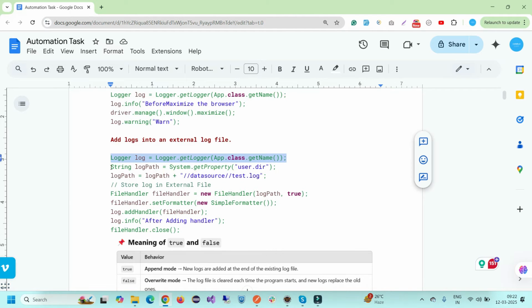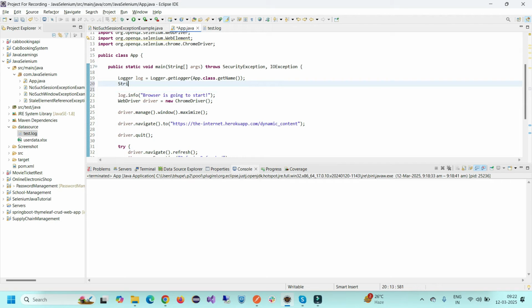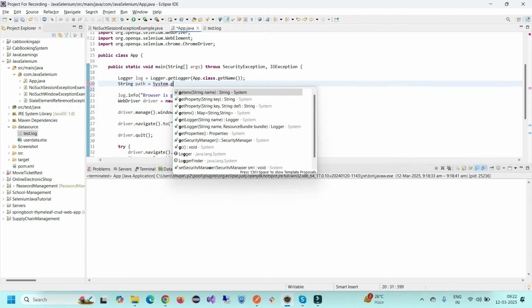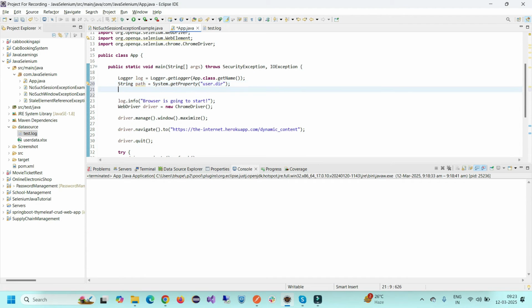And then we are going to create a path with which file we are going to store to, or communicate with. So we can create a string path. To get the path of this file, first I have to go into the current directory. To get the current directory, I can say System.getProperty and pass user.dir. It will give me the current location of the project, and then I can say path equals path plus